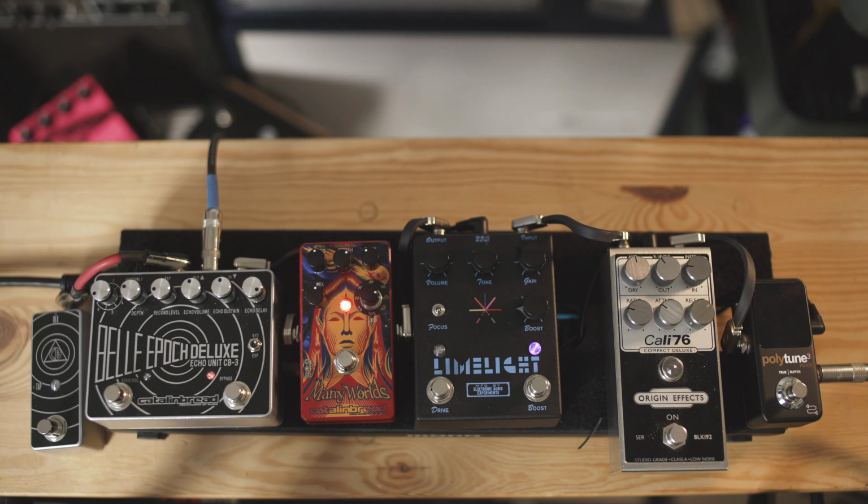For context, in the envelope up and down, your playing dynamics decide the intensity of the Many Worlds, which is why we've turned the compressor off for this part of the video. And your depth control turns into your sensitivity, which basically determines how much of your attack needs to hit the pedal for it to react. So let's set a nice fast attack and high sensitivity. Let's turn off the Limelight too, just so that we're getting...